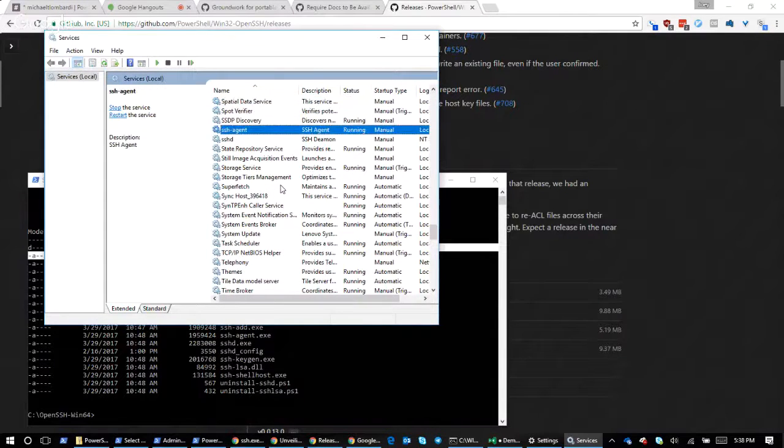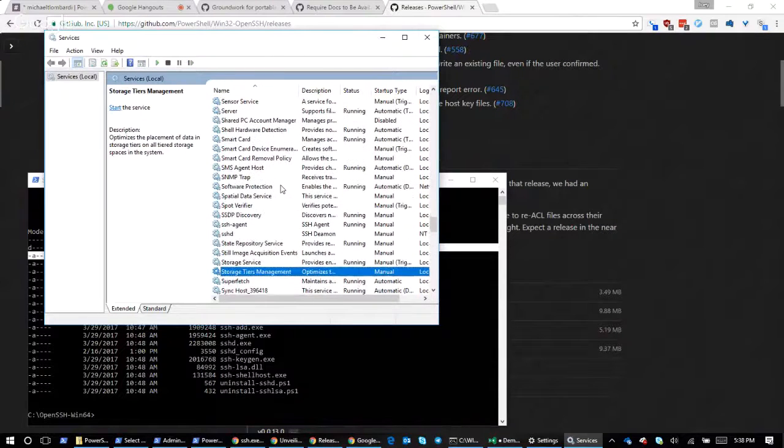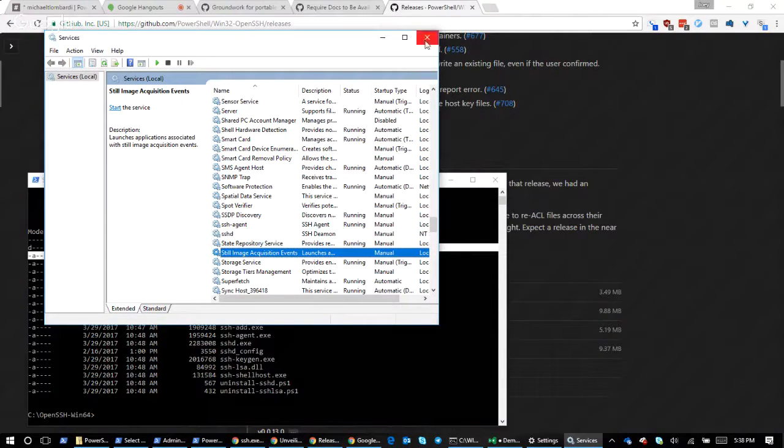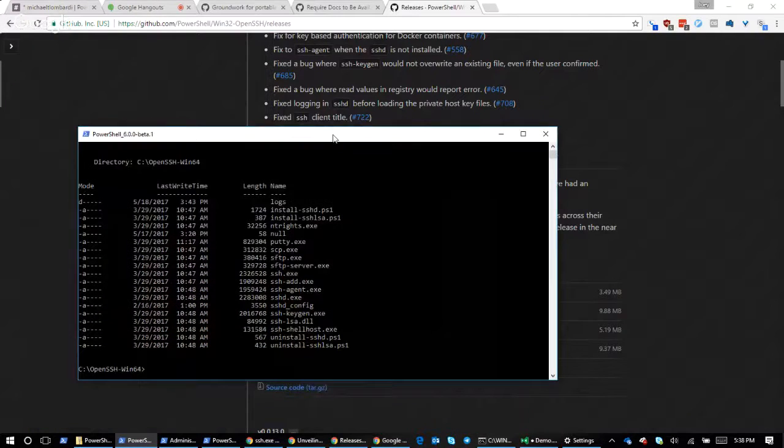These are not to be confused with, if you've installed Developer Mode, you may have another two services called SSH Server Broker and SSH Server Proxy. That's another Microsoft SSH server implementation that's somewhat limited, that was used for some other stuff, hopefully going away in the near future to be replaced with our stuff. But yeah, don't be confused there. Turn that one off if it's running, because it will squat on port 22 and break stuff unless you use non-standard ports.